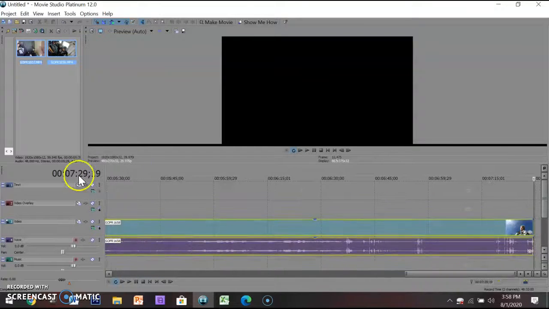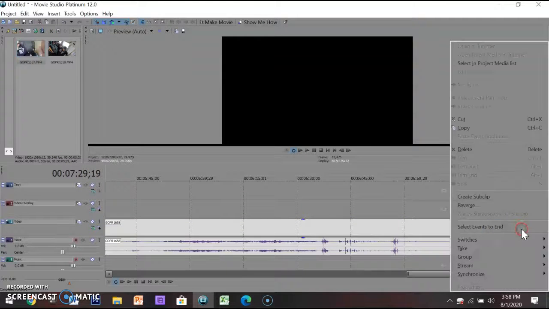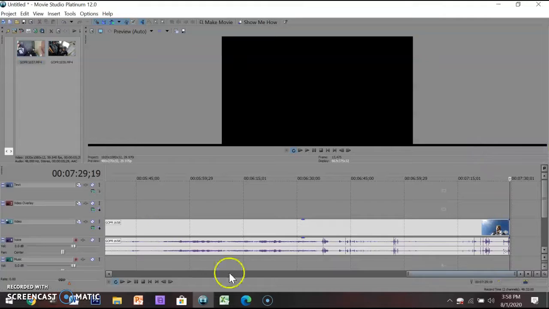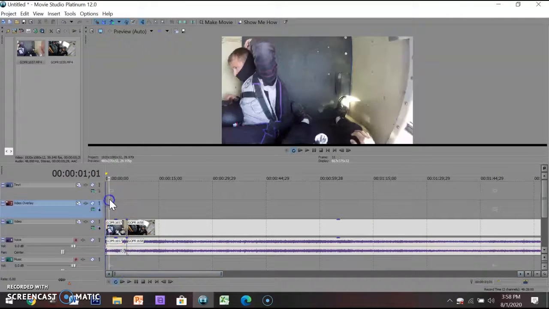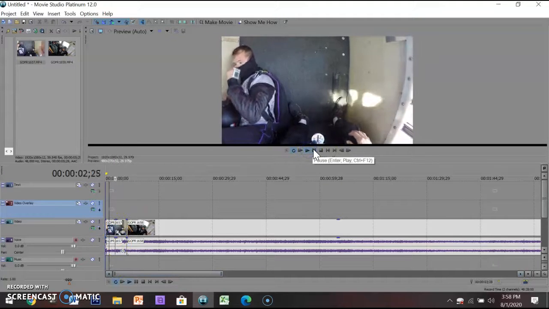This is the timeline where you create your movie. If you wanted to do it separately, then you just pick the one and you drag it down here wherever you want. See, we want to put it there, but we don't want that. That's extra now, so we're just going to delete that. All right, so here we go. We got the two, and this one here is just, I was testing out my camera,